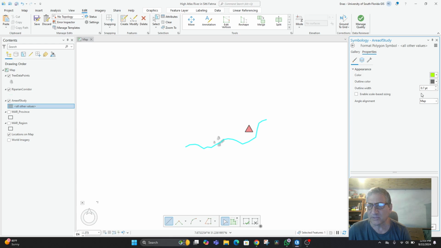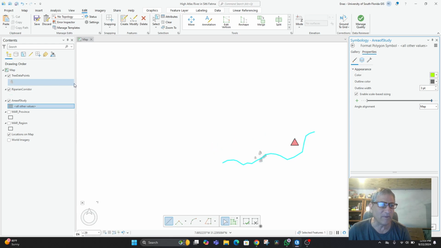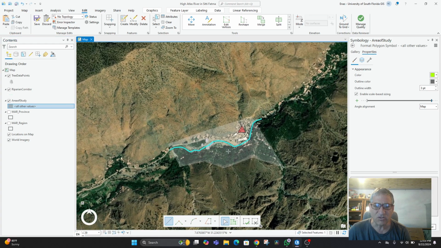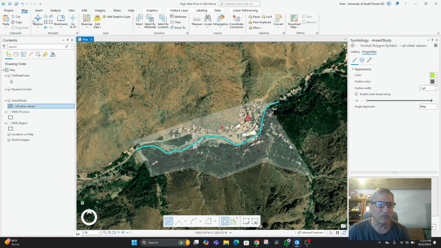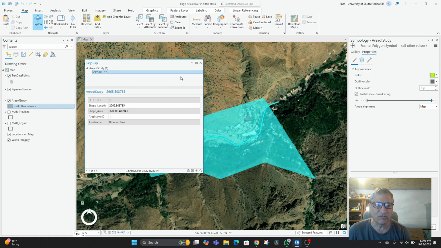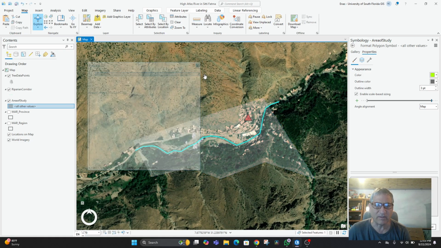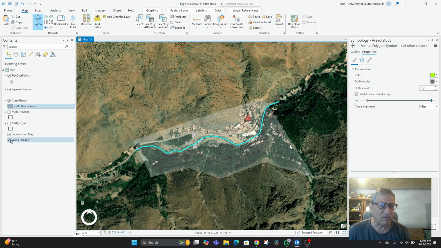What color do you want yours to be, Mercat? I want my soap to be green. Enable scale-based sizing. Now I'm going to do Mercat's green. Well, now I don't know what happened to my layer. The green soap right here. Oh, imagery. It does show up there, obviously. And when I go to map and I go to explore, it certainly does come up and it says Riparian Town, but it doesn't show up when I